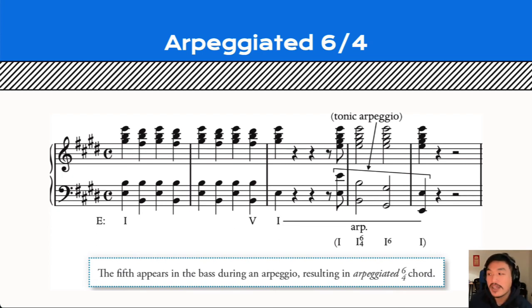So these are sort of 6/4 chords that happen to be there because we are arpeggiating the bass to show all the different notes of the triad, for example. But again, not functional. It's not meant to be something that needs to resolve, for example, like the cadential 6/4. Here is the example. This is Fromental Halévy, Overture to La Juive. Right, you've heard this before. It's just a way of extending that tonic chord, especially in a piano piece, for example, an instrumental piece.